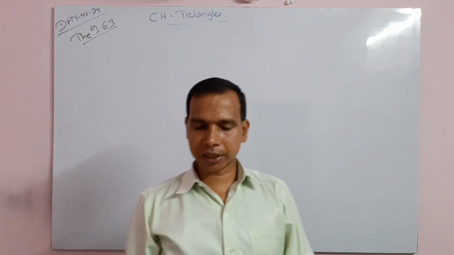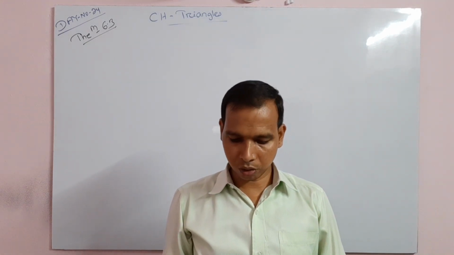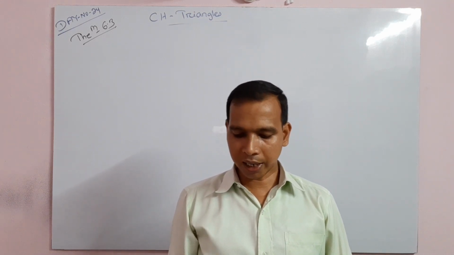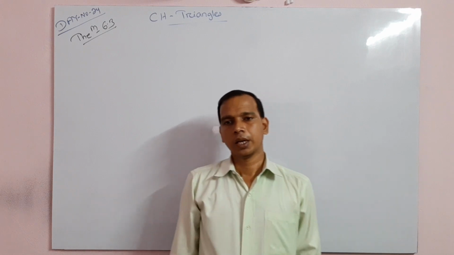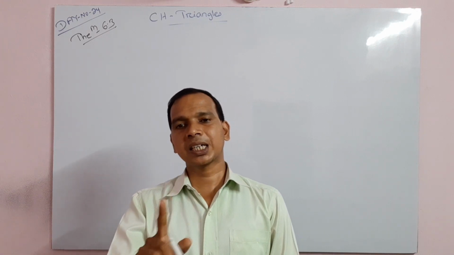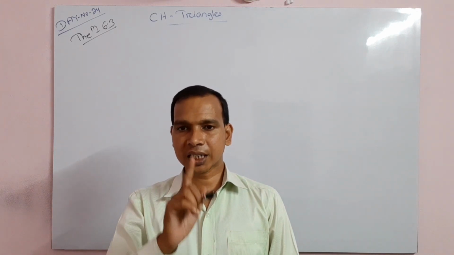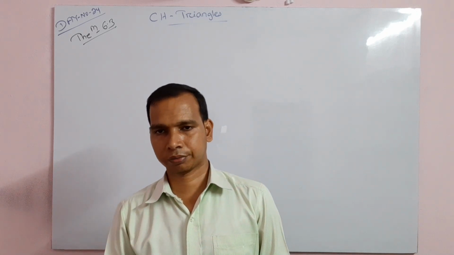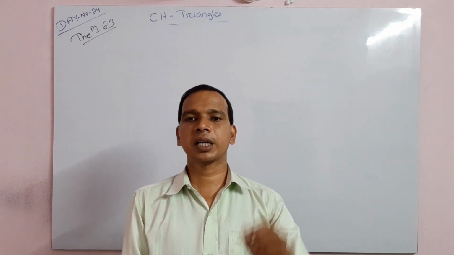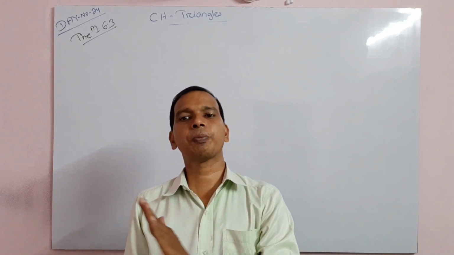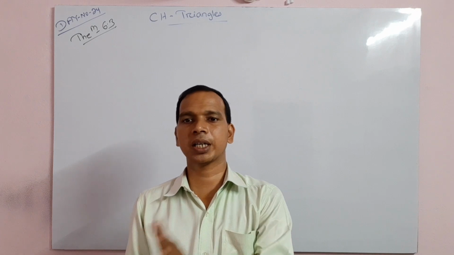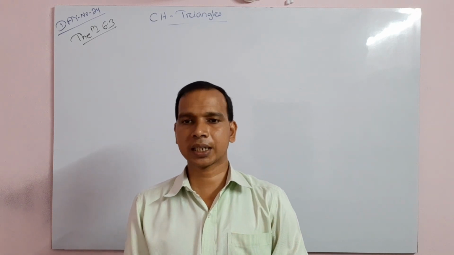If in two triangles corresponding angles are equal, then their corresponding sides are in the same ratio and hence the two triangles are similar. देखो, for two triangles to be similar we need the condition that respective angles are equal and respective sides are in proportion. इधर given, two triangles' corresponding angles are equal. You need to prove that respective sides are in the same ratio or in proportion. Then the two triangles are similar.